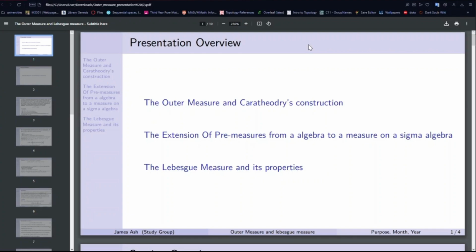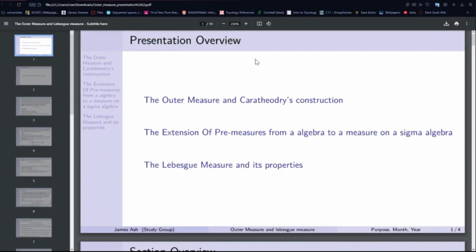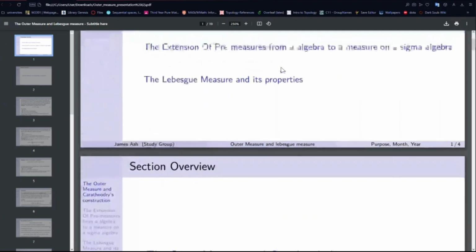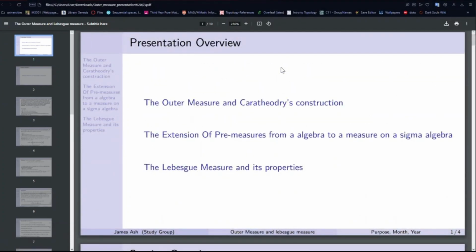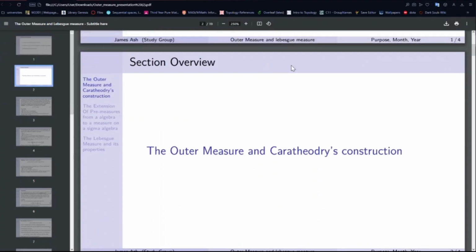Okay, so the main idea behind today's presentation is that we have an idea of what a measure is and how to define it, but we don't really have a lot of tools to get these measures. Basically, the idea of today's two sections is how we can construct measures, basically a set function that acts like a measure would. So the outer measure is the first idea of how we can construct measures, and the way it comes,